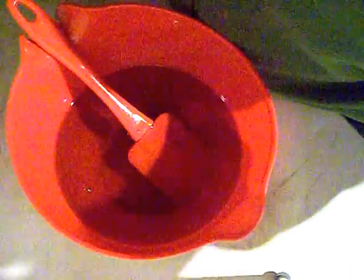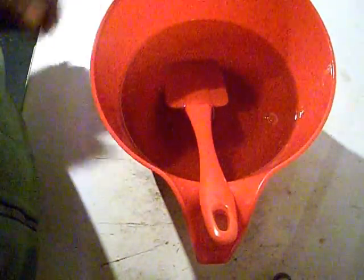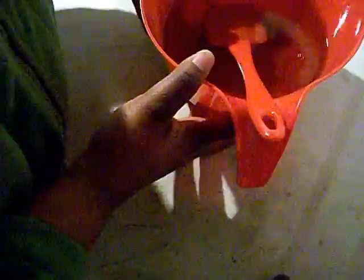Now the shadow, trying to adjust. Okay, that's a little better there, the shadow. Okay, so I'm making